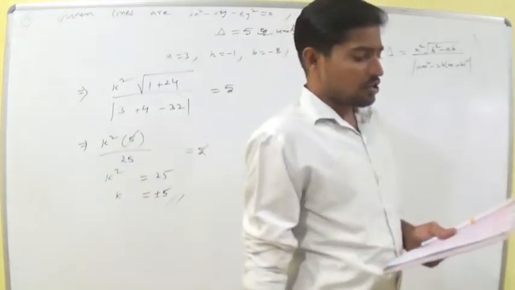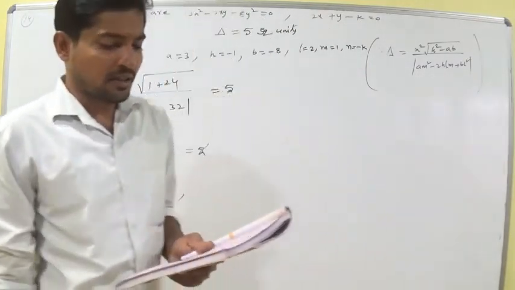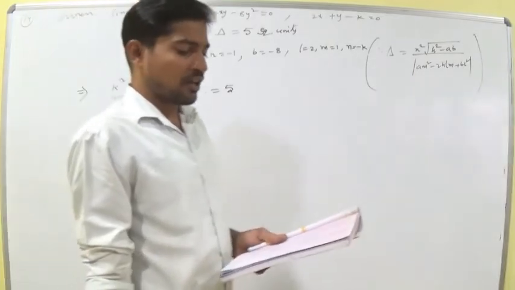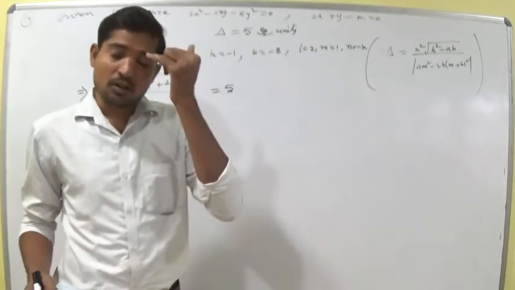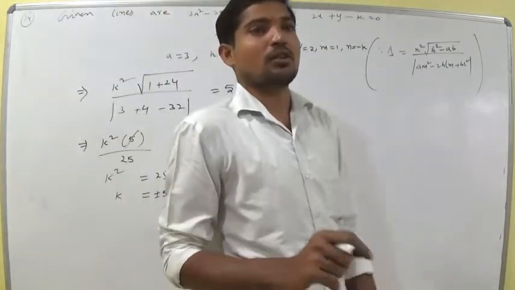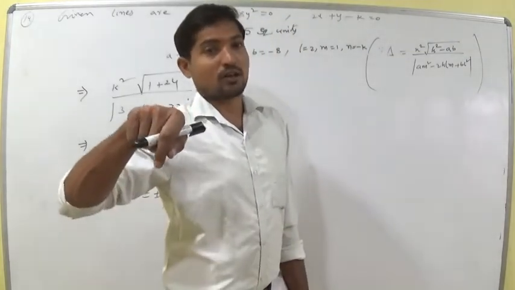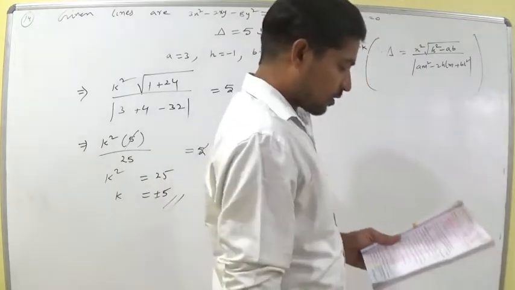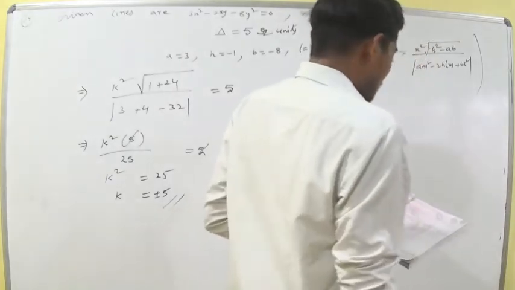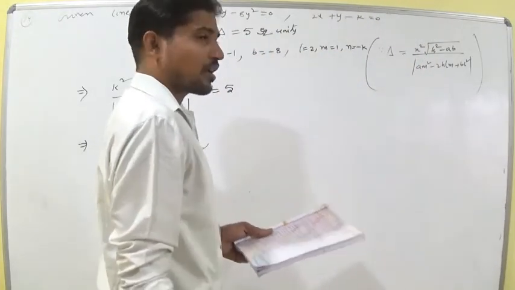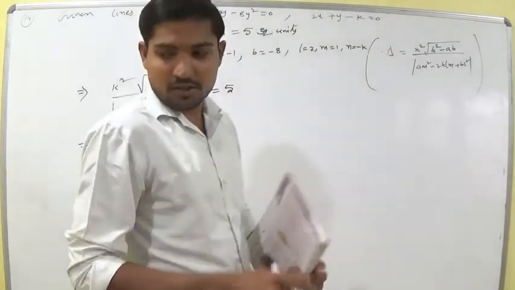So statement 2 is also given here, L1 and L2. The line bisecting the angle containing the origin between L1 and L2 is given by (a1x + b1y + c1)/√(a1² + b1²) = (a2x + b2y + c2)/√(a2² + b2²). So statement number 2 is true, and statement number 1 is true or false? Let us see.